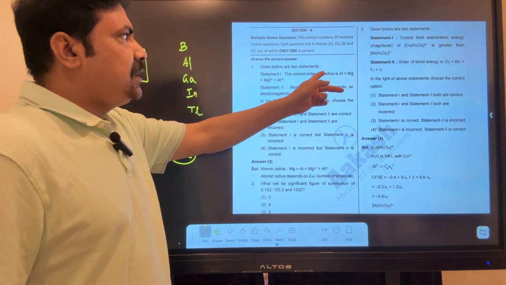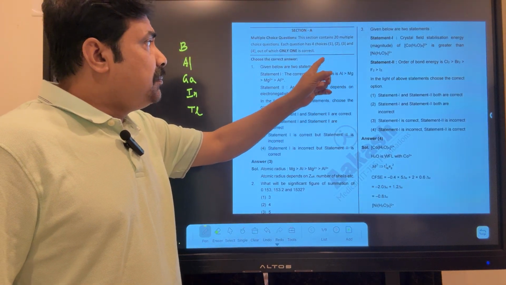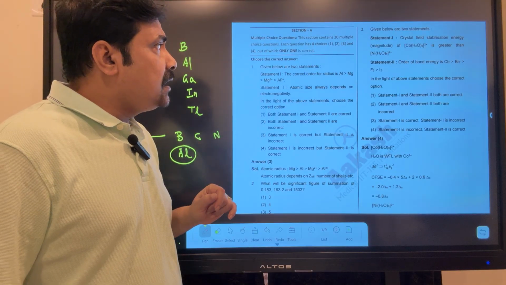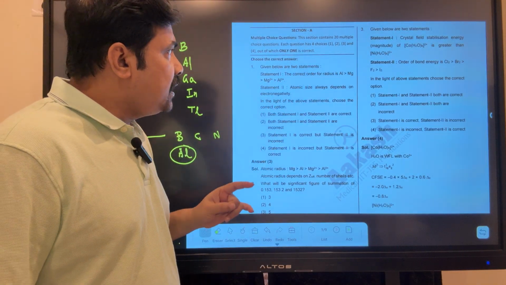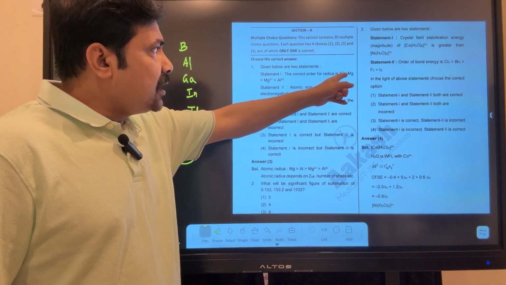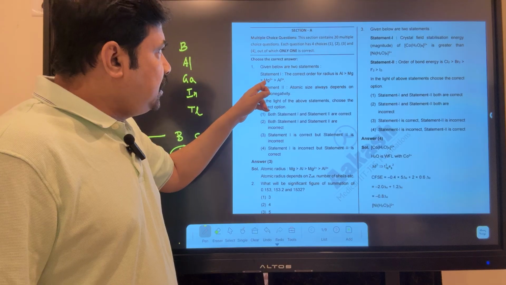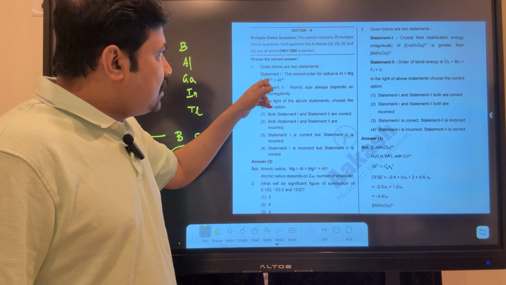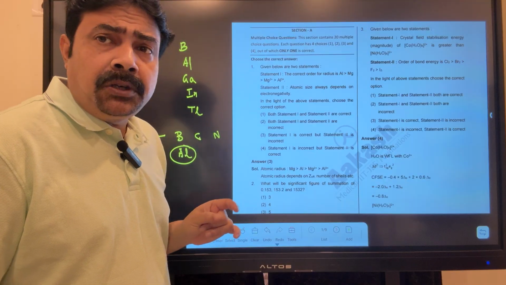If you look very carefully, the actual order will be magnesium greater than aluminum, if same period element is there. I think here the question is not given properly. This order will be magnesium greater than aluminum, and then only the situation will come, then magnesium plus 2 greater than aluminum plus 3, then only statement 1 will be correct,